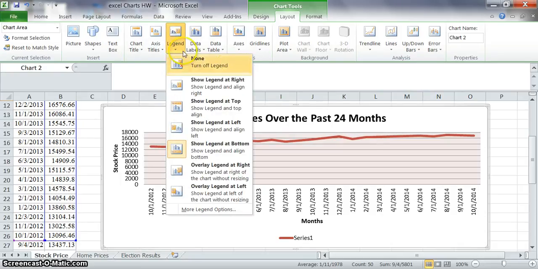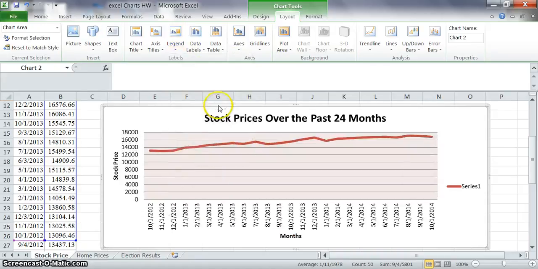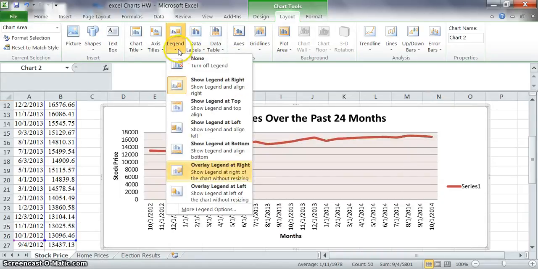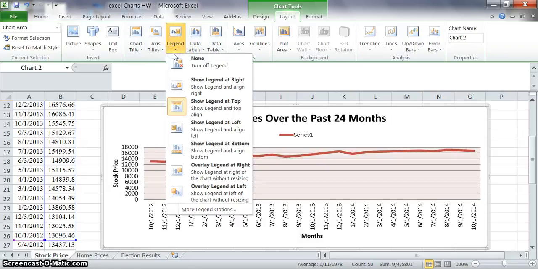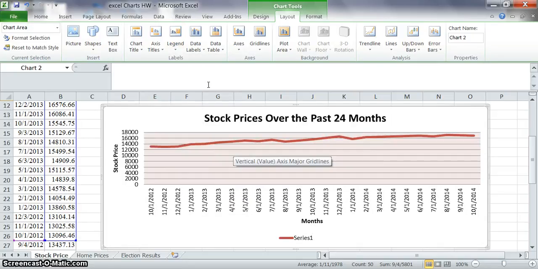And also, if you look at the legend, right now it's to the right, I can put it to the top if I wanted to. It just depends on how you want to display. I'm going to put it right back to the right where it was. There you have it, a simple line chart. Next we're going to take a look at